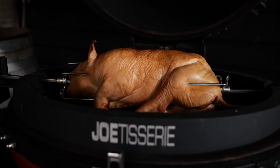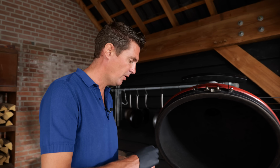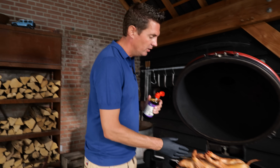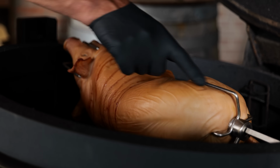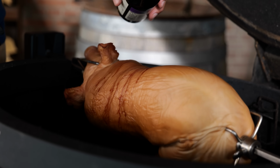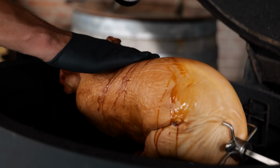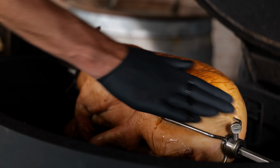The temperature of the grill is running stable at around 150 degrees Celsius, exactly where I wanna have it. And I'm gonna look at the skin and I can see that it's drying out a little bit. It's getting detached from the meat. That's exactly what I'm looking for, but I want to keep coloring that beautiful pig. So I'm going to put on a little bit more soy sauce, keep it wet for now, rub it in,